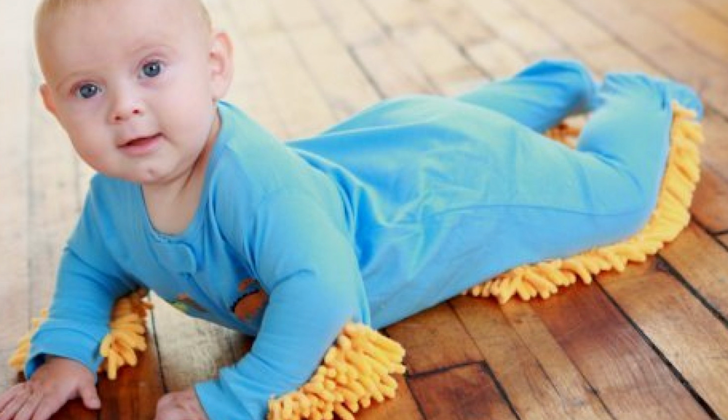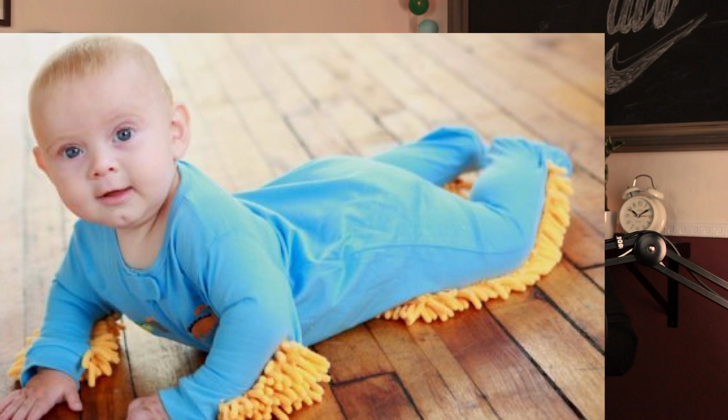So when the baby's in that stage where it's crawling everywhere and you can't get it to stop, you can put this onesie on him, and as you can see in the picture, it's got like a mop end to it. And it'll shine your floor, mop your floor. How practical is that? I thought if I was going to have a baby...